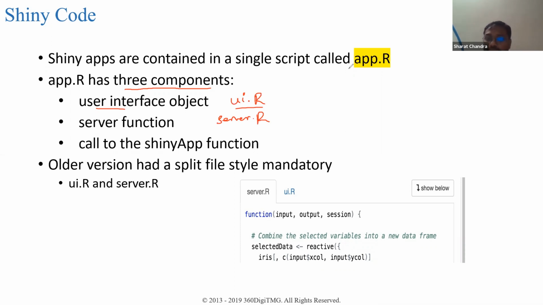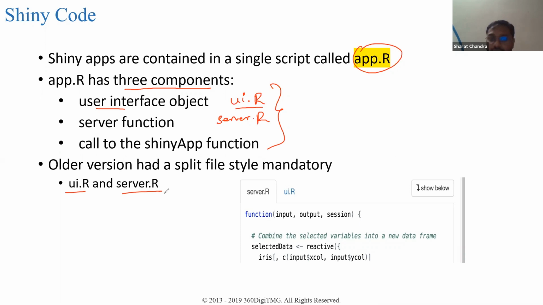Now in the latest version, you will have a single file called app.R, which contains all these objects. But in older versions, Shiny was defined by two separate codes.